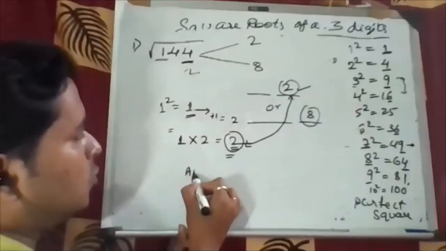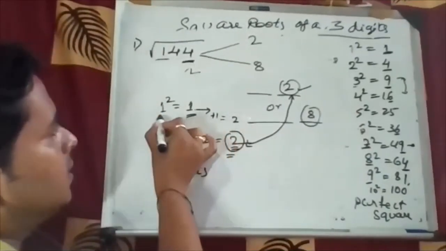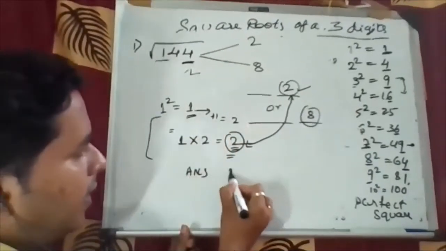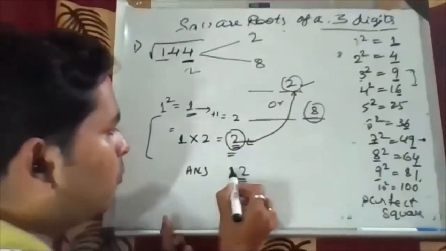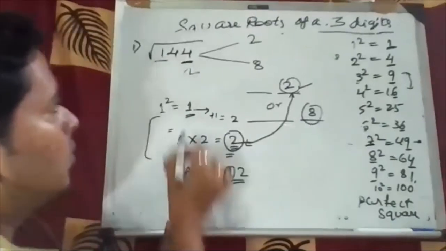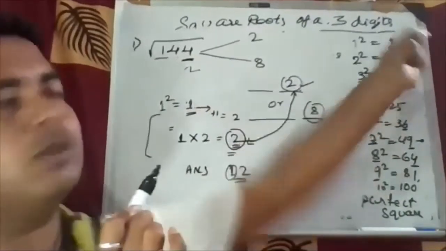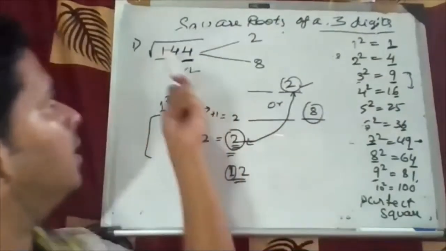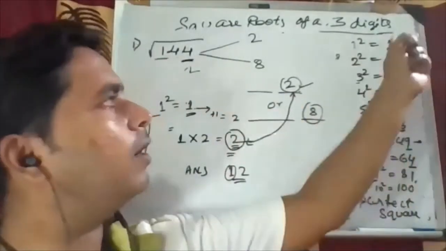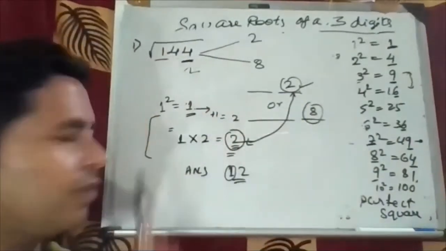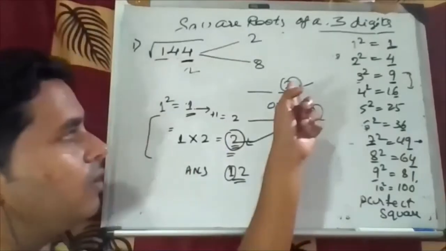So your answer should be what here? Consider this one and consider this 2. So here, which one has to be considered? Whatever is near to the square value. The first digit is near to what? Near or equal to 1 only. Consider that first digit. And how to find out the unit digit?